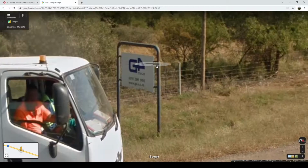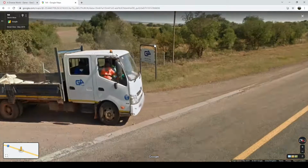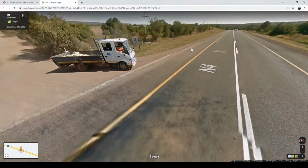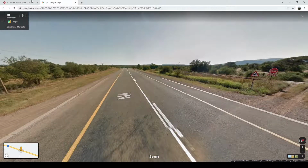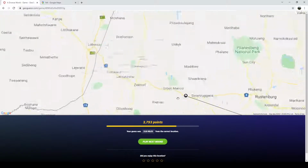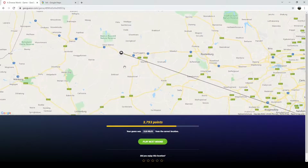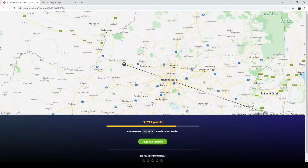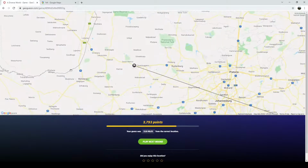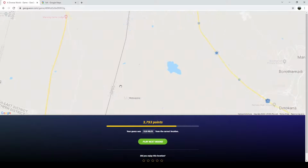Oh, that's so annoying. So it does say .za, but I thought it said .es. Where in South Africa though? It's actually more towards the Botswana side, so west of Pretoria. It's between Pretoria and Gaborone, and it's in the province of...